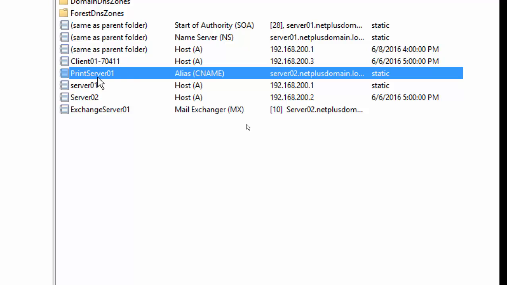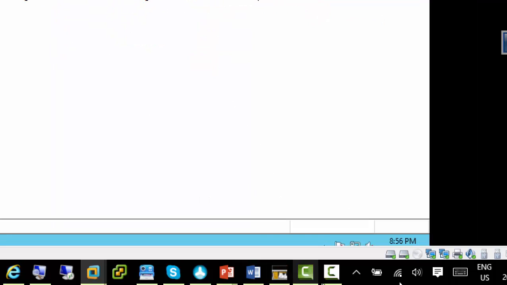You can give a very easy name for the clients to understand, right? So you don't have to rename the actual server, but you can create a second name for the same server. The second name would be so easy to understand that users will say, yes, I want to connect to my print server, and this is the name, Print Server 1. I can always remember that, for end users, right? So that's the difference. Okay,